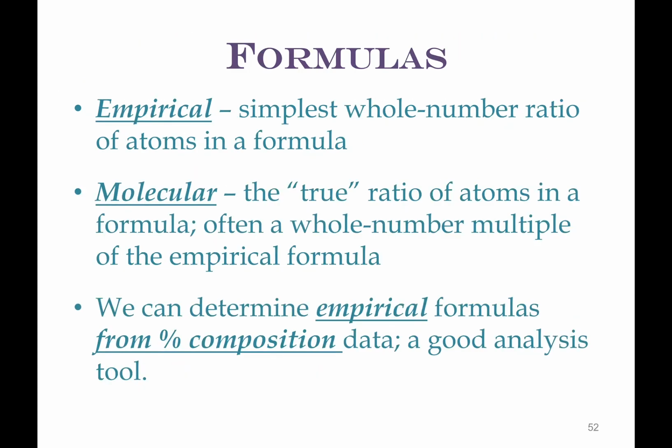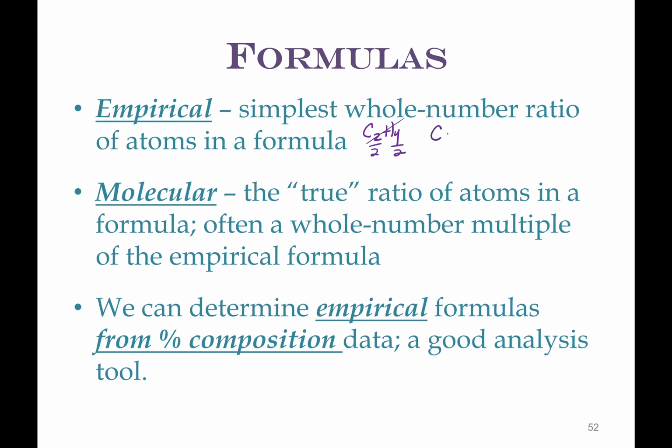So an empirical formula is the simplest whole number ratio of all of the atoms in a formula. So something like C6H6 is not. I'm actually going to go back there. So an empirical formula is the simplest whole number ratio of atoms in a formula. Well, what that means is I could have C2H4. It's a very simplistic formula. There's only two elements, but this is not an empirical formula because I can divide both of these by 2